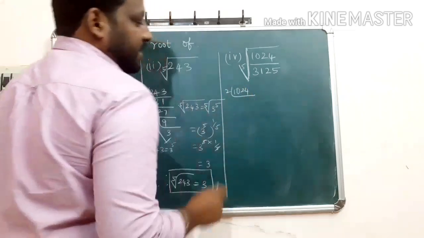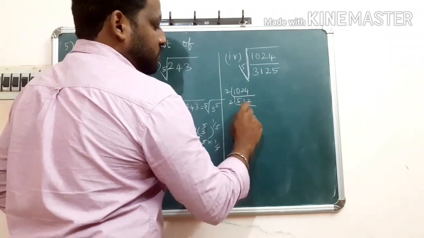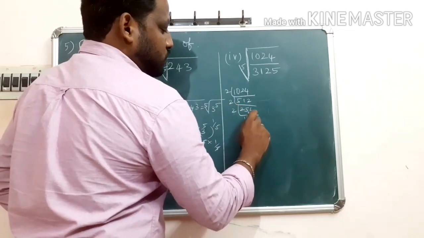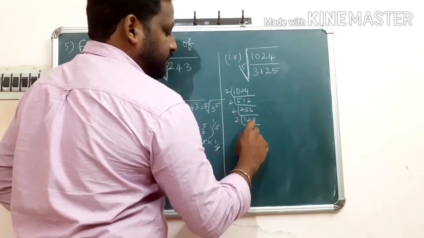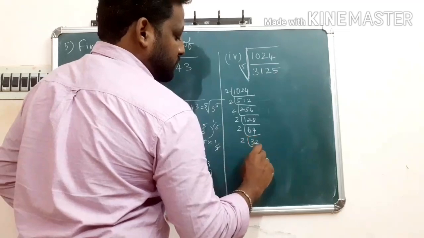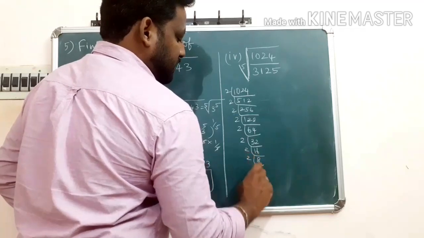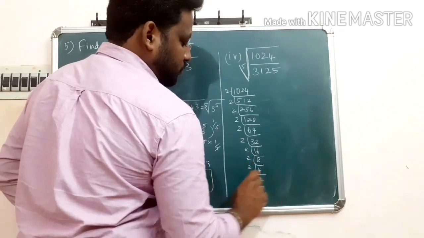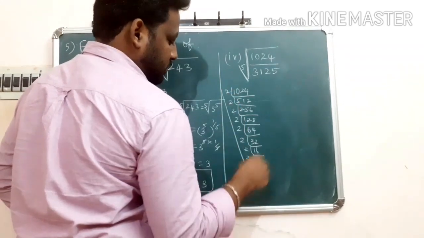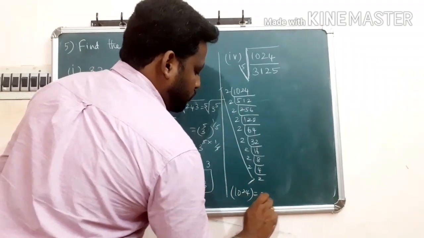Okay. So the first number is given as 1024. That you can divide by 2. 5 2s are 10, 2 1s are 2, 2 2s are 4. Again 2, 2 2s are 4, remaining 1, 5 2s are 10, remaining 1, 6 2s are 12. Again 2, 1, 2, 8. Again 2, 6, 4. Again 2, 3, 2. Again 2, 18, 16. Again 2, 8. Again 2, 4. Again 2, 2. So how many times? 1, 2, 3, 4, 5, 6, 7, 8, 9, 10. So 1024 is equal to 2 power 10.